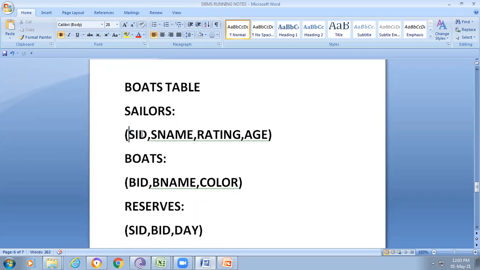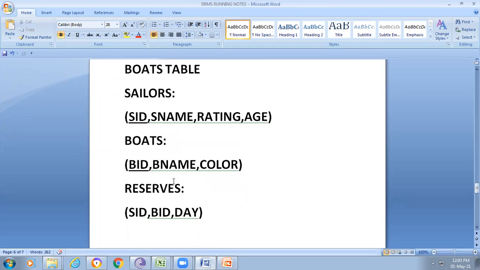Now if you observe, I'm giving it like this. In the exam point of view also, create the tables in this manner. So how can we understand this type of information? The sailors table has the following fields, and the sailor ID is represented with an underline. What it means is it's a key attribute or primary key. In the same way the boats table has the boat ID. Then what about reserves? We can base it upon the SID or maybe the BID or maybe both, according to the table data.